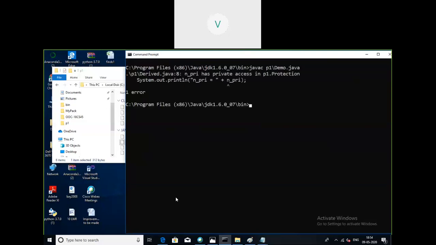Yes, you can see the error. It shows that n private has private access in the protection class and you are not allowed to access that particular private data member. It clearly shows the error in that particular line. If you want to see those demonstrations, you can go on removing those comments and you'll come to know where things go wrong.